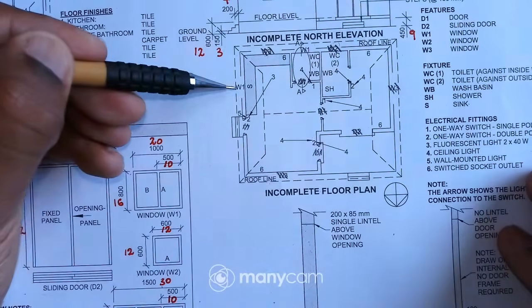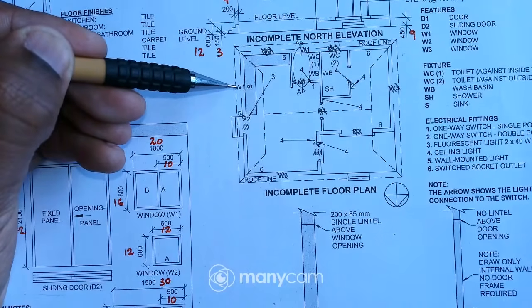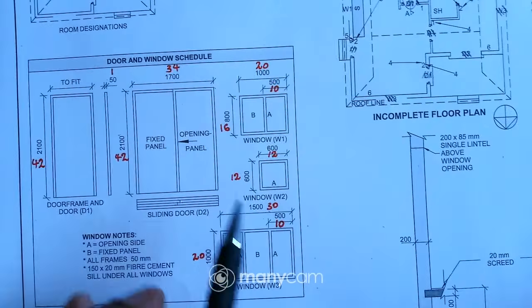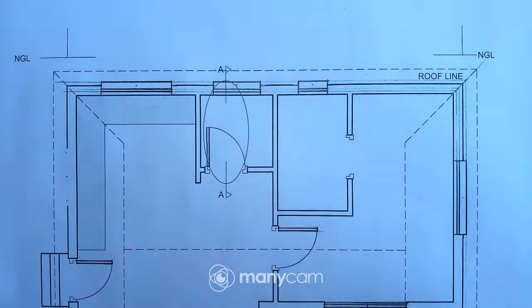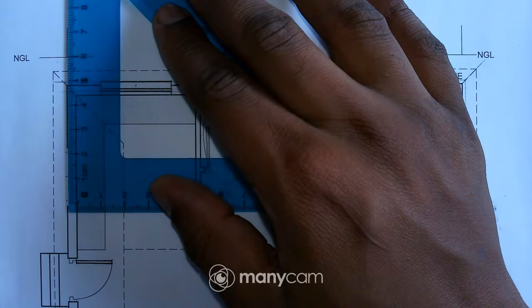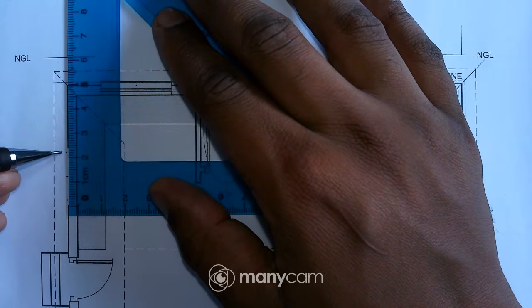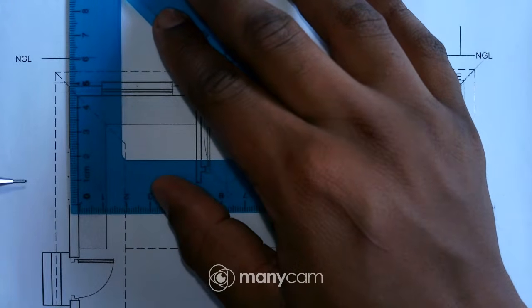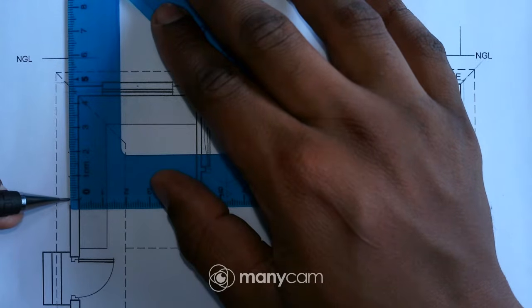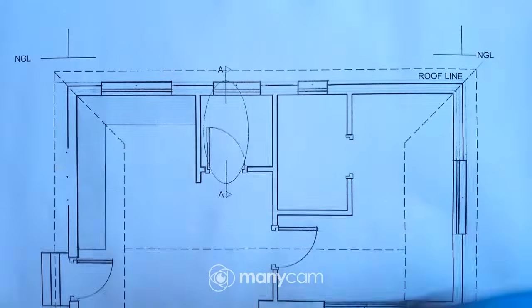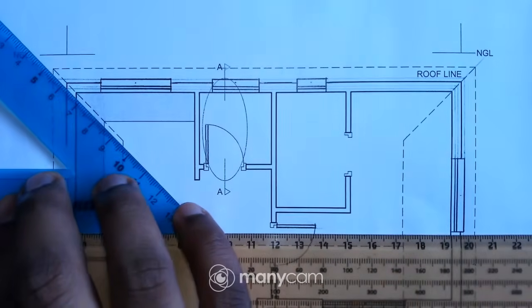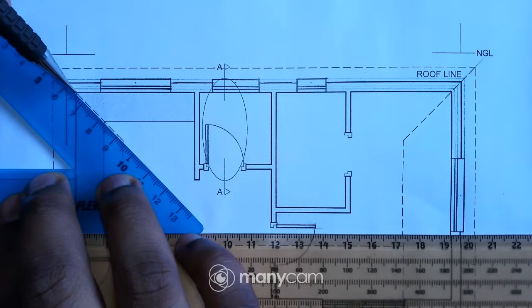Okay, so it's window 1 by the kitchen on our east elevation. So we have window 1, and what's the length of window 1? It's 20, right? So I measure that open gap, which is 24, and half of 24 is 12, and then that means I have a center point. From that center point I can just mark off 10 to the left or down and 10 going up, right? Okay, and then remember I can just draw a 45-degree line at the corner there using my 45-degree set square,